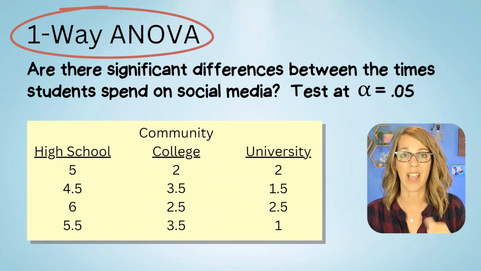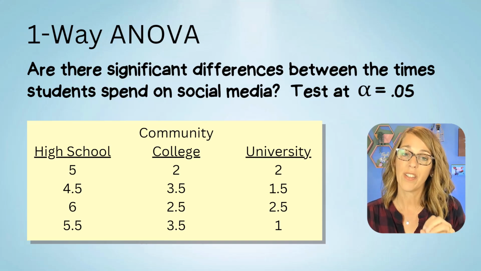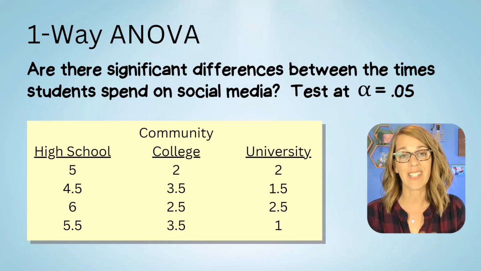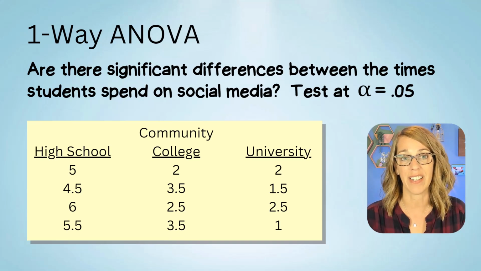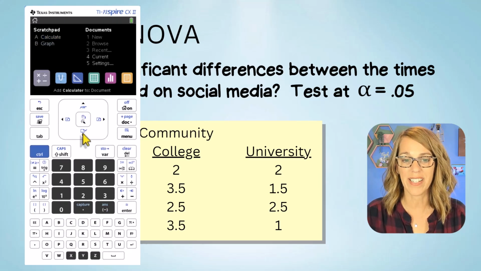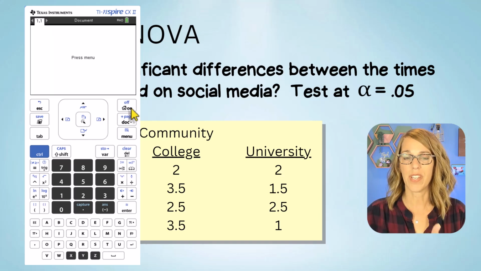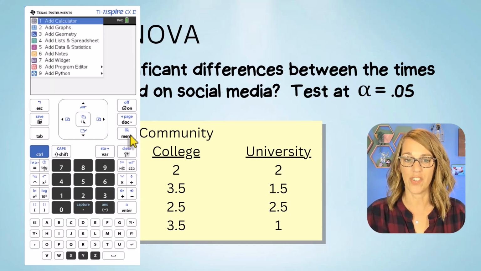Here's the data that we're looking at. We're going to be comparing high school, community college, and university students. The very first thing that we want to do is to get this information into our calculator. I'm going to enter my data into a new document, which you can do by arrowing down and over to the spreadsheets icon. Or if you're here, just hit the menu button and then choose Lists and Spreadsheets, which is